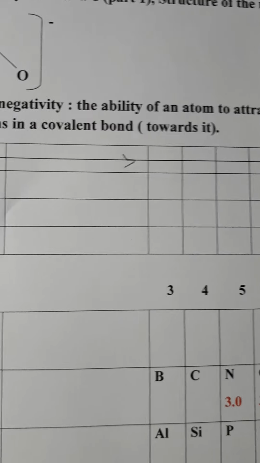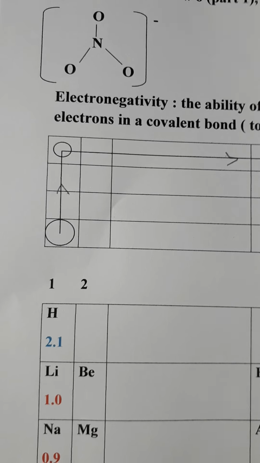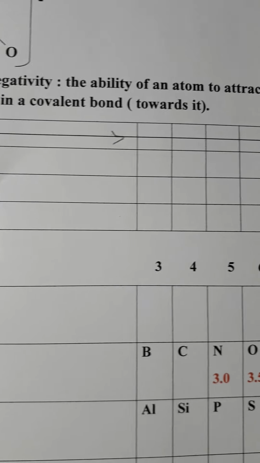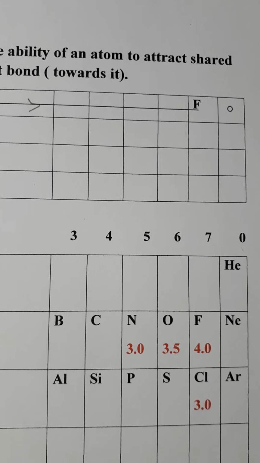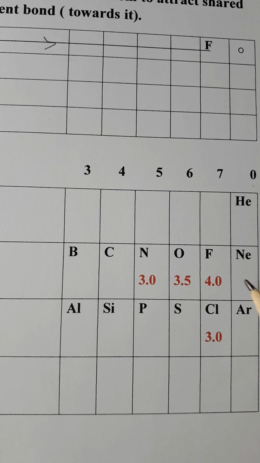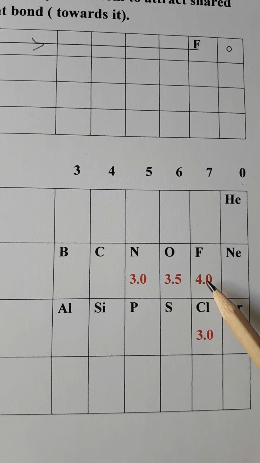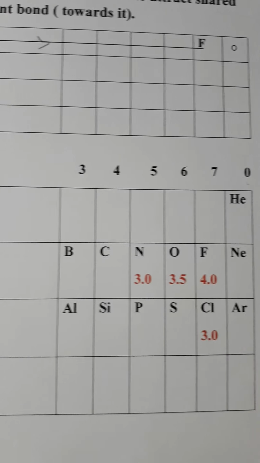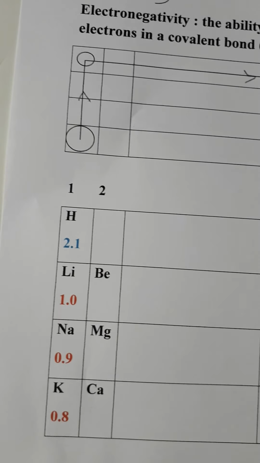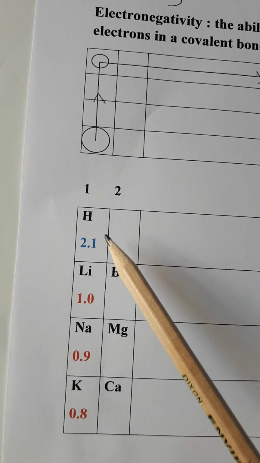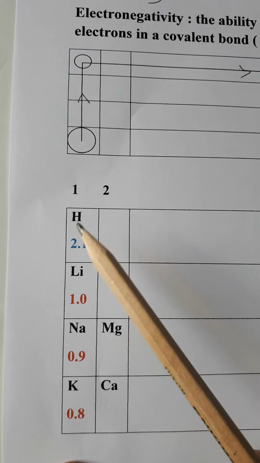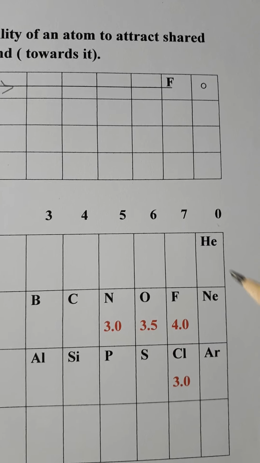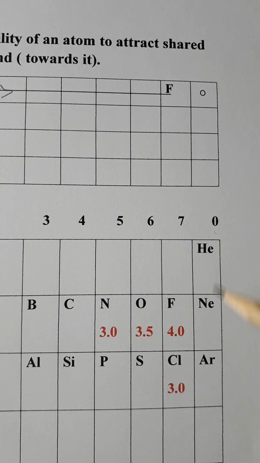A theoretical chemist called Linus Pauling worked out some numbers, and he assigned those numbers to the elements to represent electronegativities. He gave fluorine 4.0, and if you go to the left or if you go down, the electronegativities decrease. You can see that hydrogen is 2.1, but hydrogen is a special atom, so we have separated that from this pattern. And also we are not going to worry about inert gases because they are not very reactive.